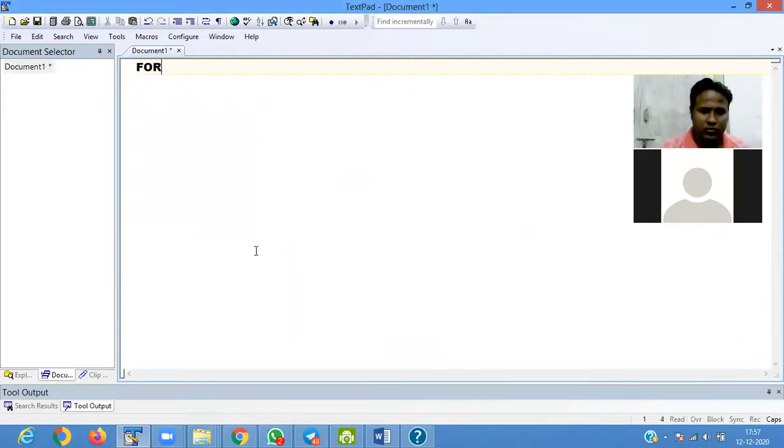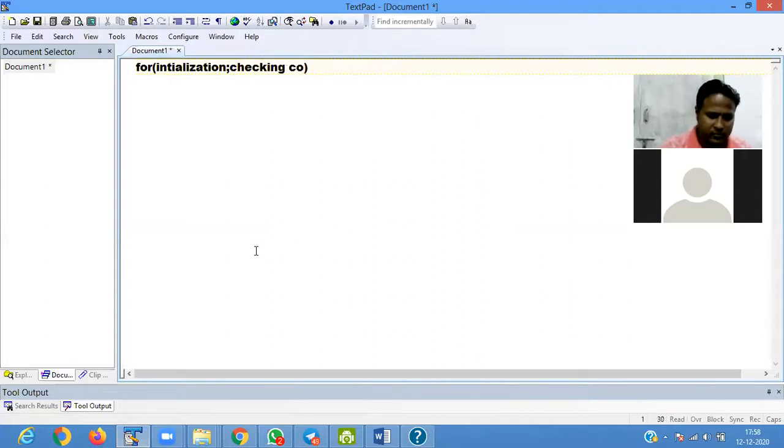One is your for, suppose first part is initialization, checking condition, then increment or decrement.